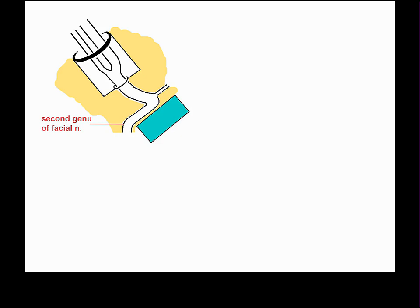The facial nerve continues posterolaterally in the medial wall of the tympanic cavity, and when it reaches the back part of the tympanic cavity, and I can't really draw this in the schematic diagram correctly because it's running posterolaterally, it then dives inferiorly. It takes a 90-degree turn and runs inferiorly, so this is meant to be an inferior turn. That bend, where it turns and heads 90 degrees inferiorly, this time in the posterior bone that forms the posterior wall of the tympanic cavity, is often called the second genu of the facial nerve, the second bend